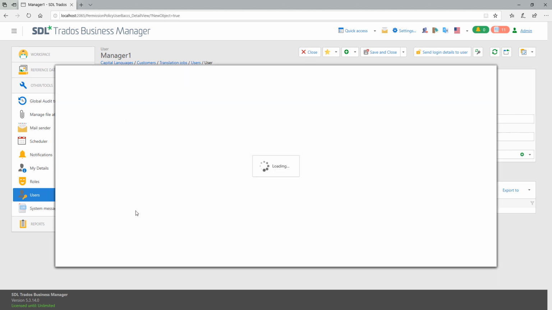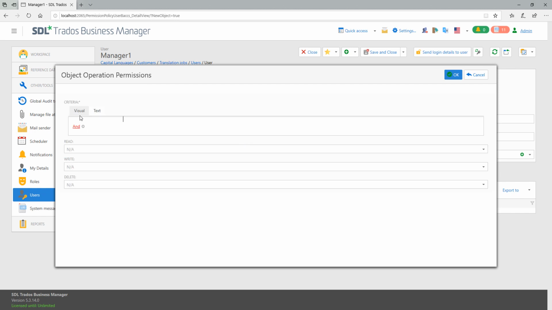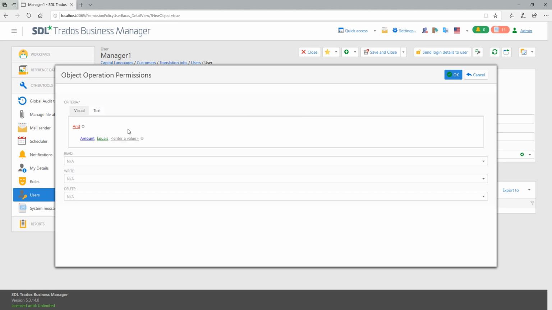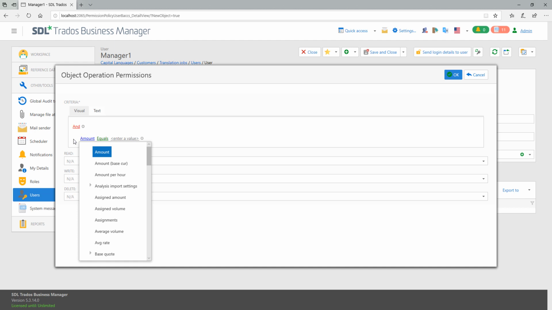I create a new object permission, and here this dialog, currently it loads pretty slowly because you will see now it contains visual criteria editor, which allows to visually build some criteria which will control access to jobs. And I added one criteria item here, and here we have a long tree with the fields of translation